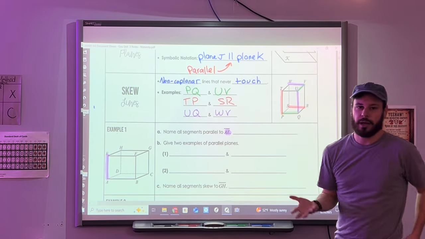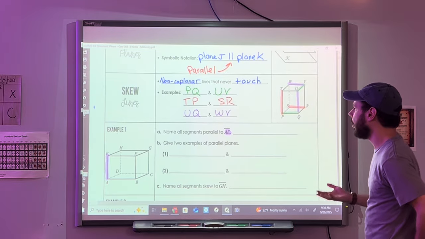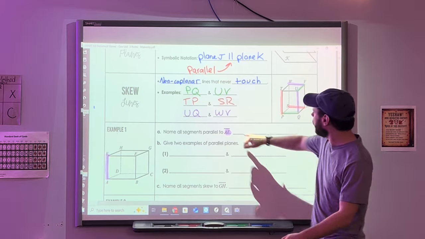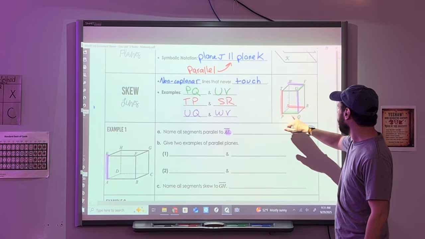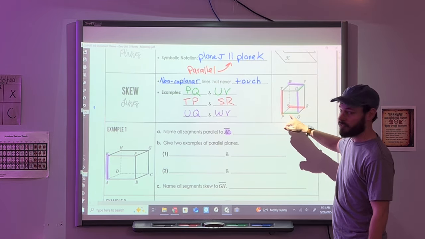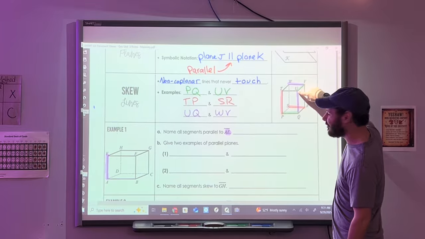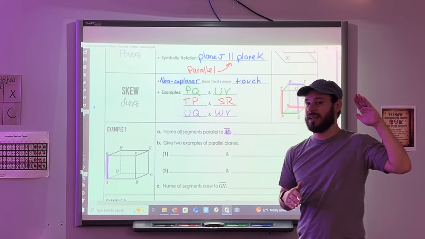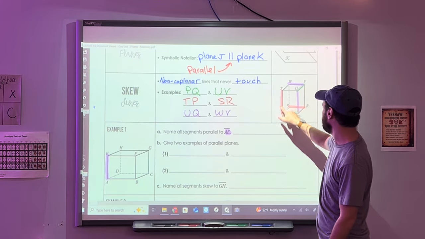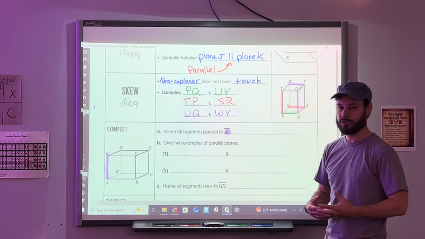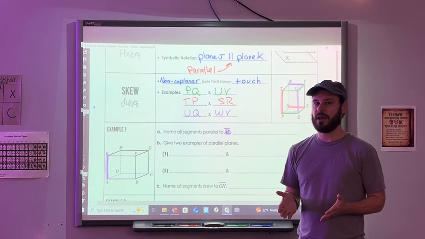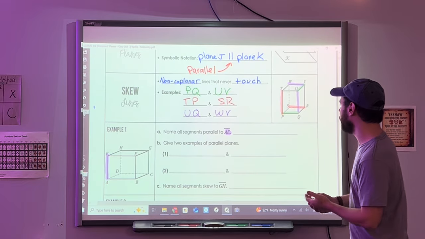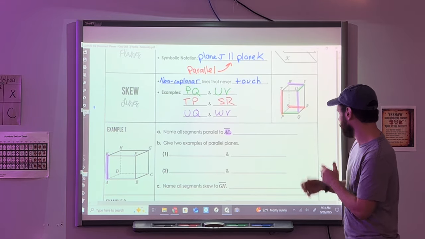And then here's a new type of line, a skew line. Skew lines are non-coplanar lines that do not touch. So here I have a couple examples. Looking at the green, PQ and UV. PQ is going left and right and is on the bottom. And then this one is going forward and backward and it's on the top. Those are skew. They'll never touch no matter how long those lines extend. Same deal with the red and same deal with the purple. Hopefully those are good examples that show you that even if you extend them forever, they're never going to touch. An important thing to note here is,